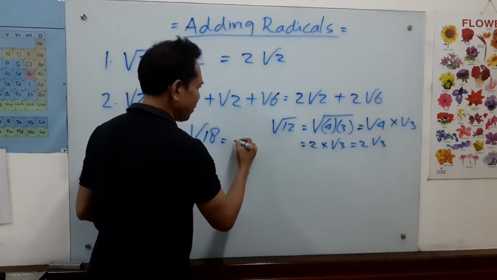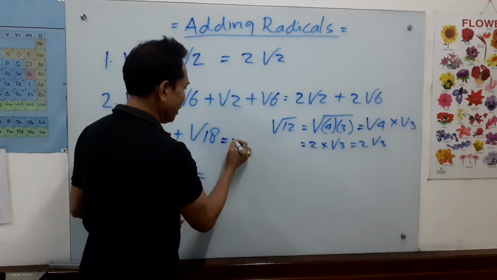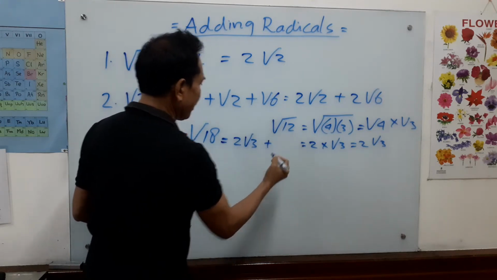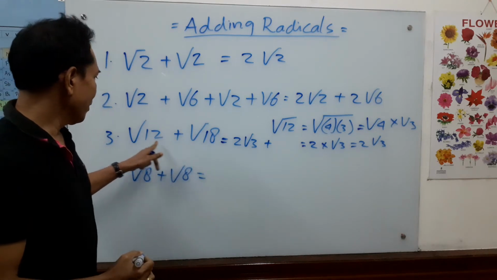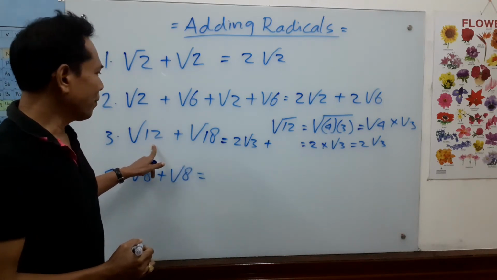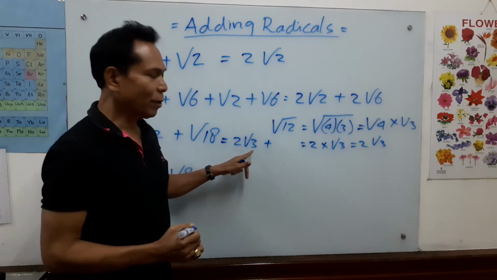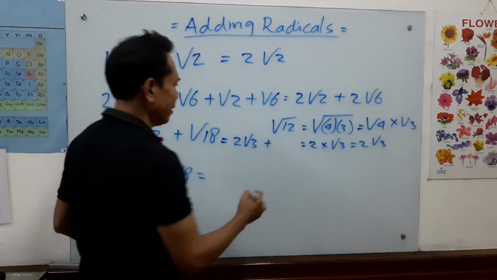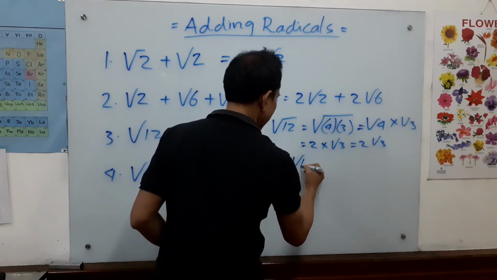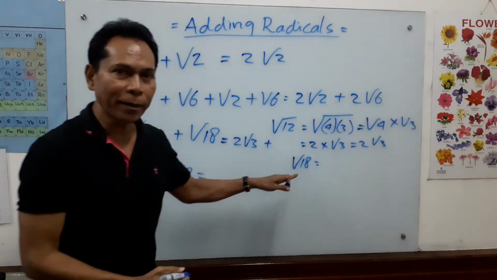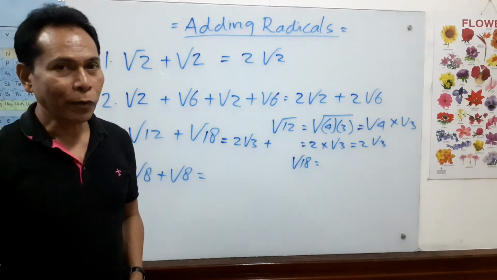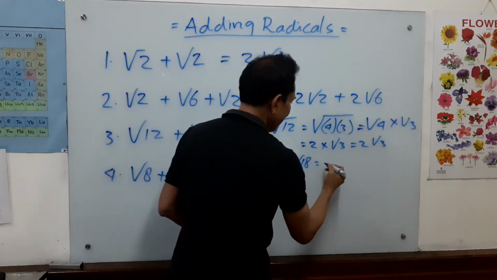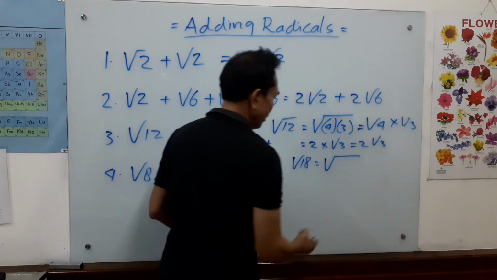So this equals 2 radical 3 plus. Now, this plus is here. Okay, so radical 12 is 2 radical 3. Okay, now we simplify radical 18. Okay, radical 18. We put it here, we bring it out in order for us to simplify. Okay, let's simplify this one. So radical 18 comes from